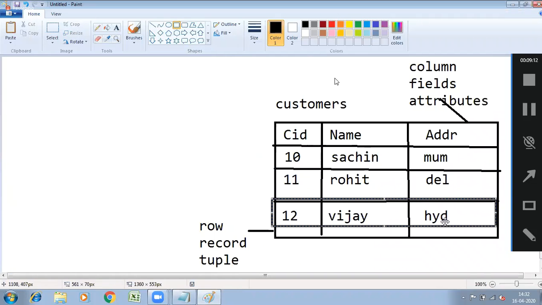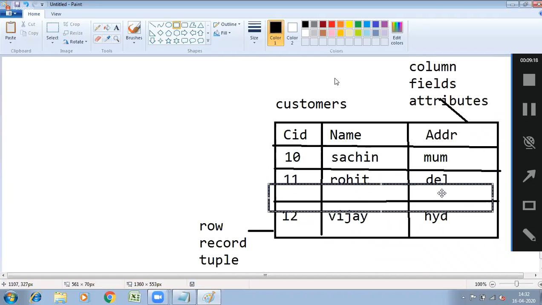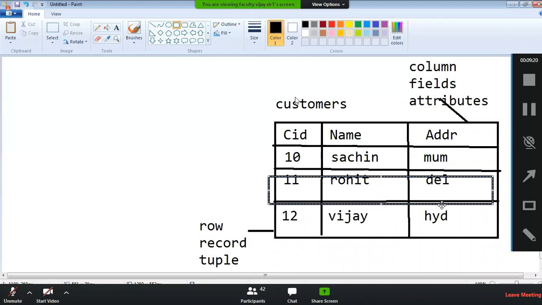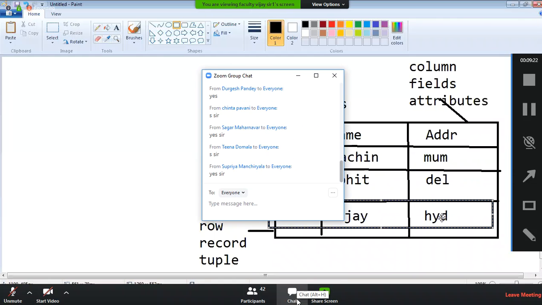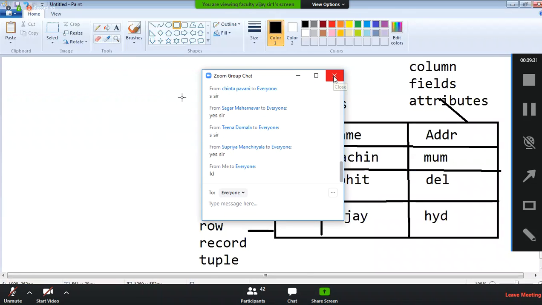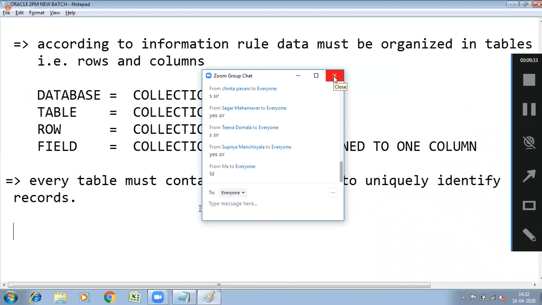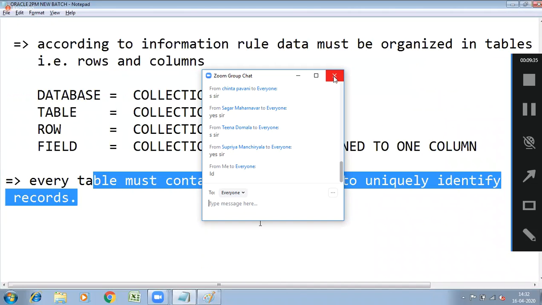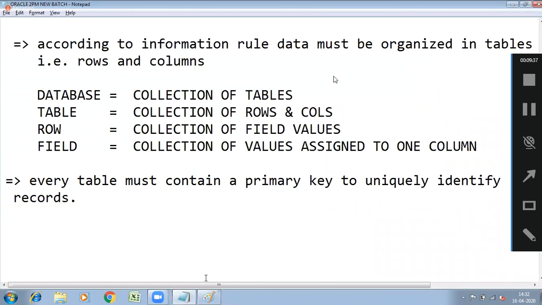There are 3 records. How are these records uniquely identified? Each record contains one customer's details, so how are the customers uniquely identified? To uniquely identify the customers, you need what is called a primary key.